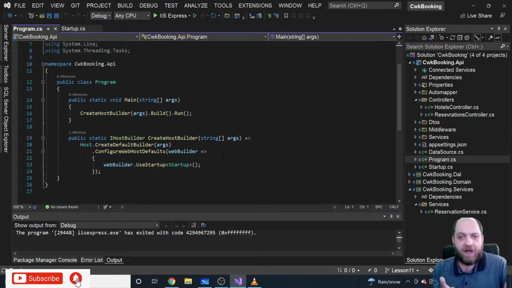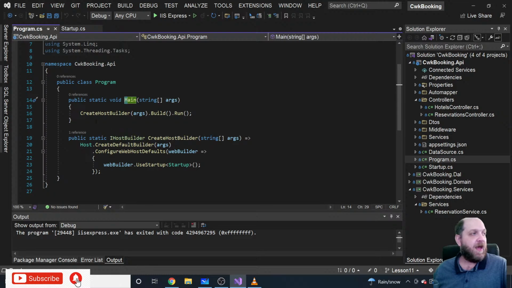So you need a class and the method that is the entry point to your application. That's standard software. There is no software that can be run without an entry point. That's not possible, logically, physically. So what we have in our program class in ASP.NET Core is actually the entry point to the application. So when anybody wants to run that, it knows, okay, that's the entry point, and we need to execute this